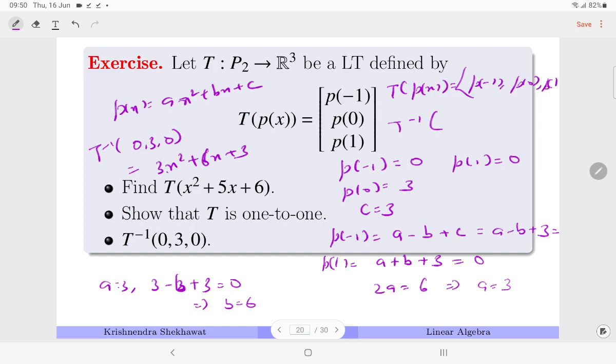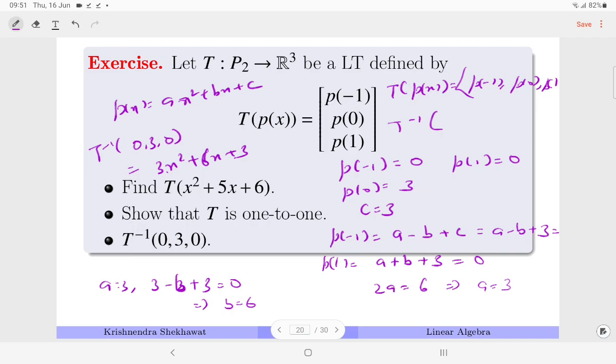Okay, so quite interesting. You can see how we have approached. We have considered p of minus 1 is equal to 0. So minus 1 means a minus b plus c is equal to 0. P of 1 is equal to 0, a plus b plus c is equal to 0. And p of 0 is equal to 3. That gives you c is equal to 3. Substituting the values, we will get a minus b plus 3 is equal to 0,